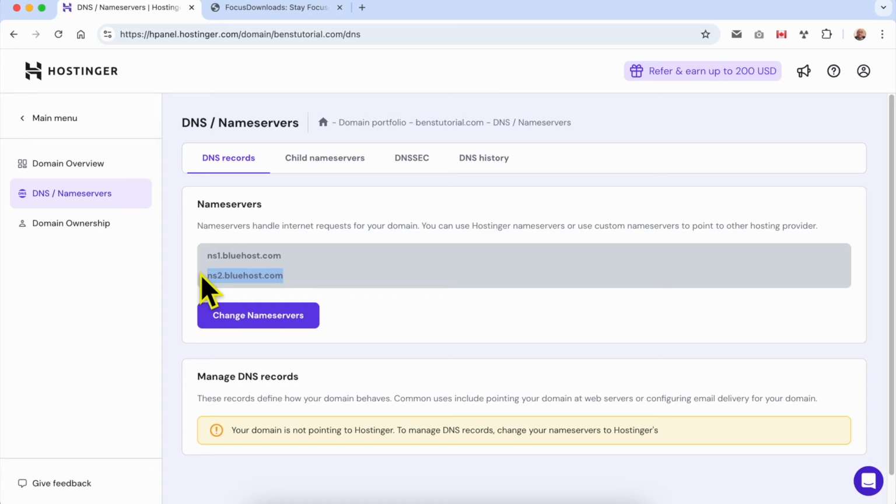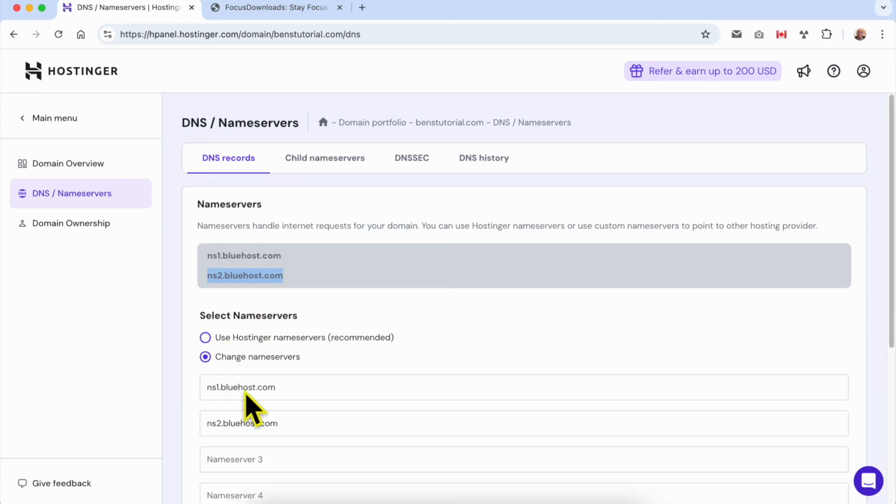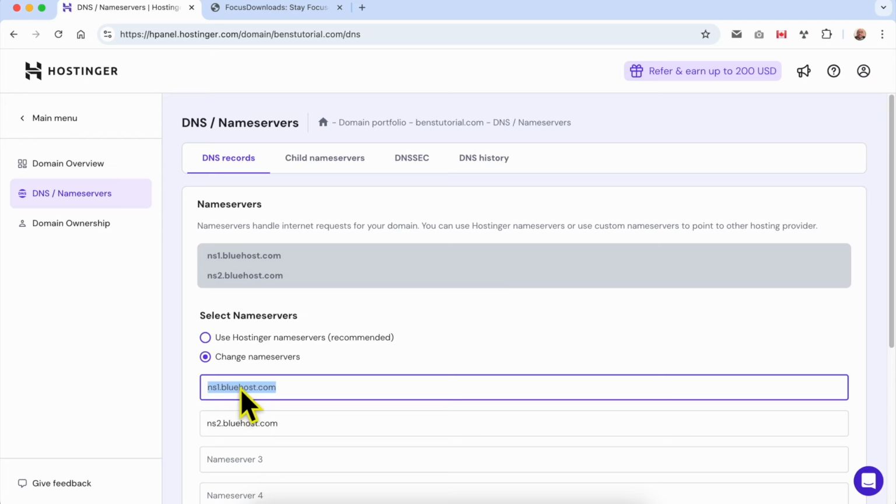In my case, Hostinger Website Builder should tell Hostinger domain name provider that they use their domain name, and also the Hostinger domain provider should tell where to redirect your website visitors. And using these name servers, or name servers are the domain provider way to tell them where to go. So here I will click on change name servers and I will fill in the Hostinger website builder name servers, which are,